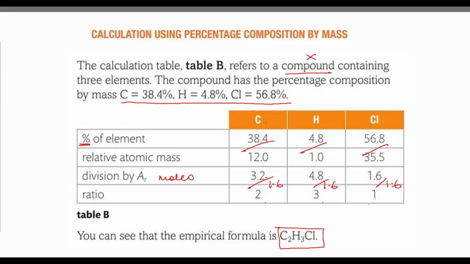So there's no new learning here. We already knew this, and we have been doing this from O levels onward. Whether the elements' masses were given to us or the elements' percentages were given to us, we can easily calculate the ratio in which they combine to form that molecule, and we can easily find out the empirical formula. There is no new learning. This is just a recap of what we have done previously.